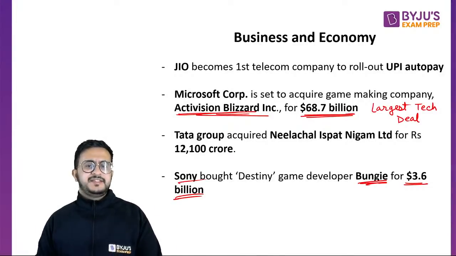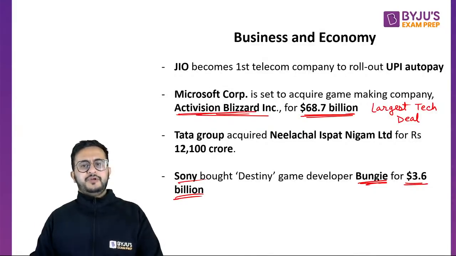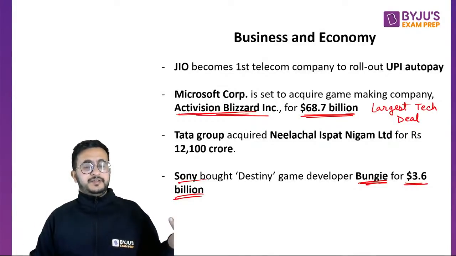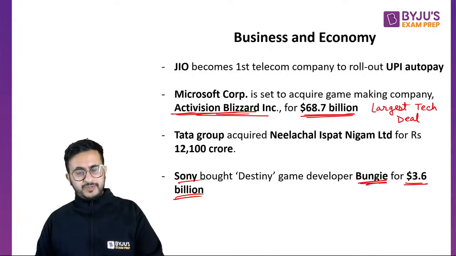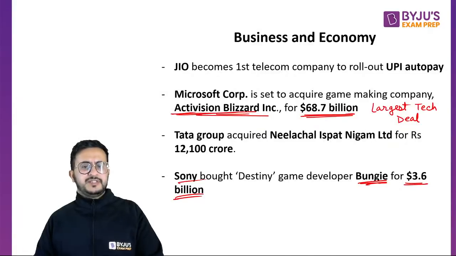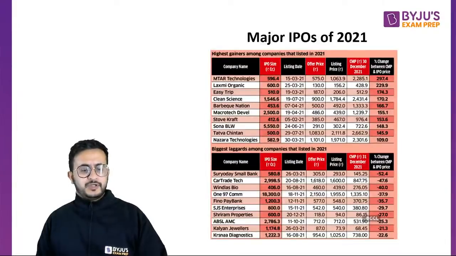Now these tech companies buy other companies like this in order to reduce competition, right, and then they become more powerful. Now, if Microsoft buys Activision Blizzard, it will have something in the gaming space as well. That's how acquisitions help companies to grow. Okay, all right. So these were some information related to your